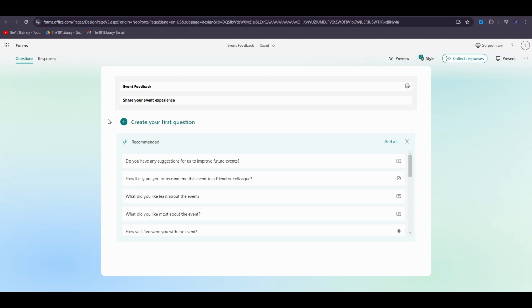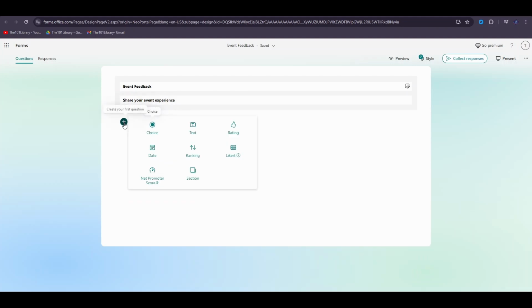Now, let's add some questions. You can see that Microsoft Forms has a recommended list of questions based on your event form title and description. You can also choose to add a new question by clicking on Create Your First Question, and this will show you the various question types. You can choose a choice, text, rating, date, ranking, and so on. Let's start with a choice question. Click on Choice,